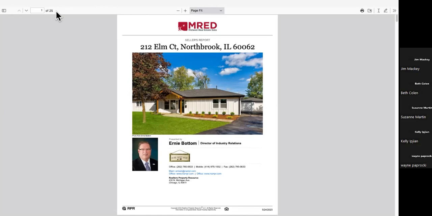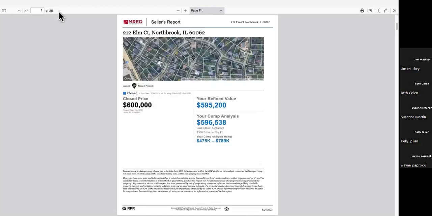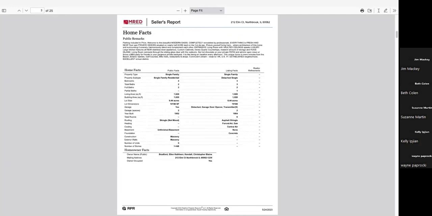All right, so let's scroll through the report. Here we can see the refined value where we added the home improvements, and we also have the CMA value, and both of those are pretty similar, so I left them both in. Over here in this white section, that's where that RVM would have been displayed, but again, we turned that off because we wanted to present the number we came up with. Here we have the home facts for the property,